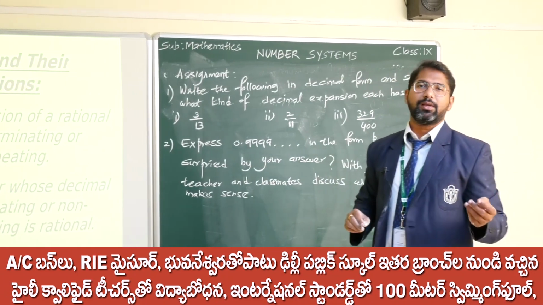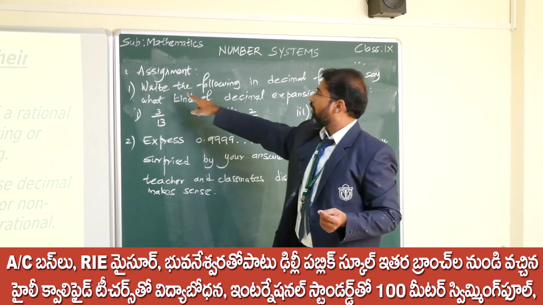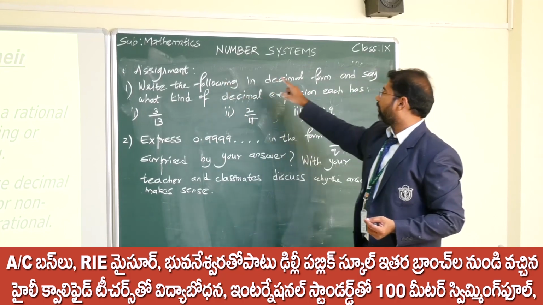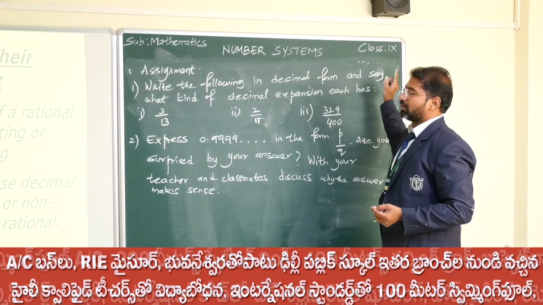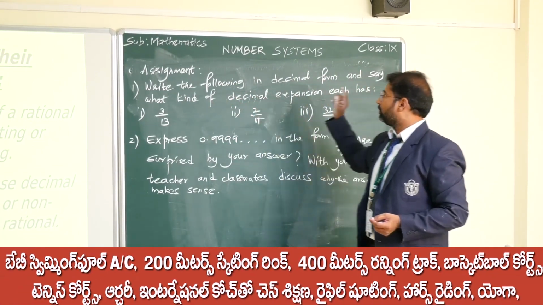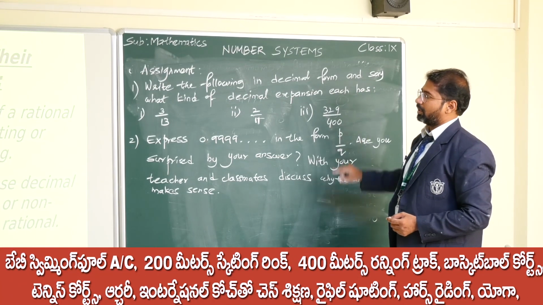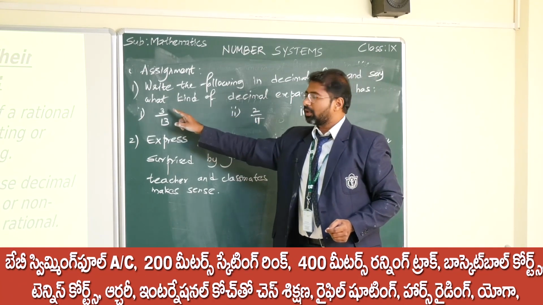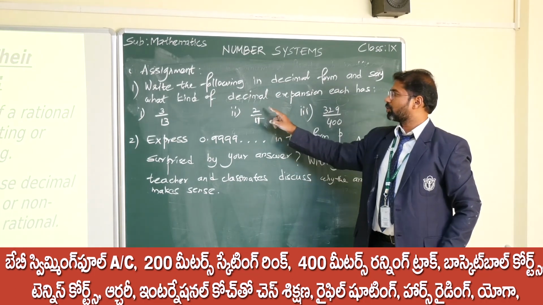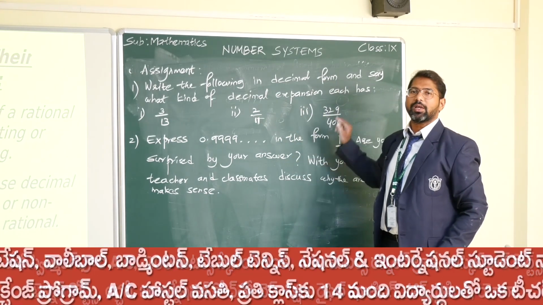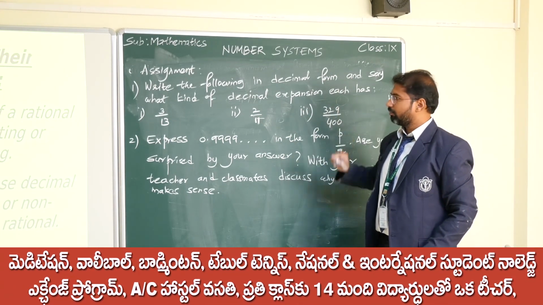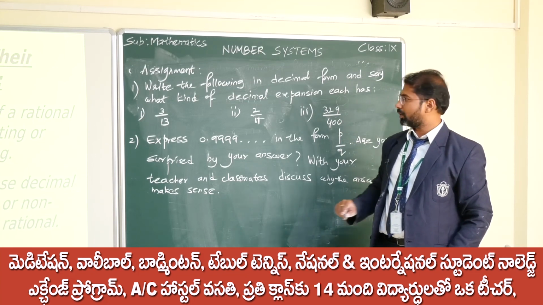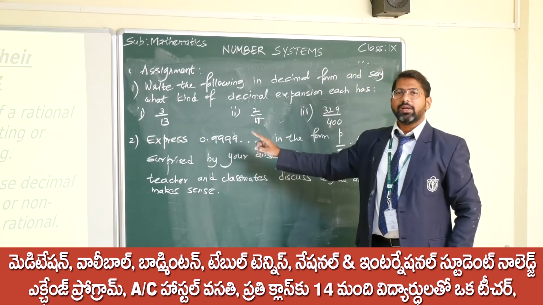Today's assignment, I will read once. First question is, write the following in decimal form and say what kind of decimal expansion each has. The first one is 3 by 13, second one is 2 by 11, and third one is 329 by 400. And the second question is, express